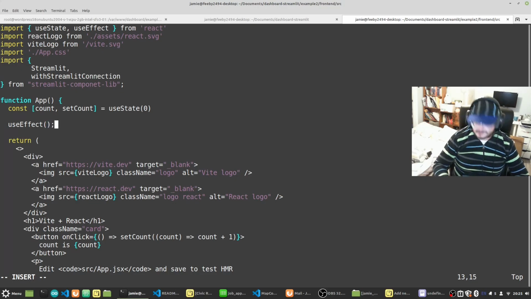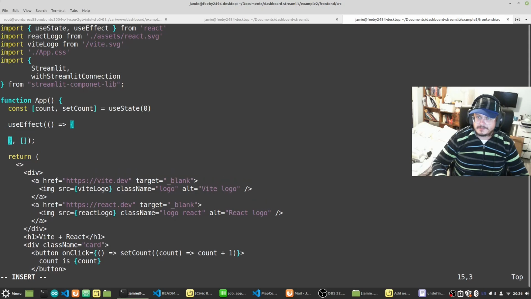I'm gonna do it like this, and then we have an arrow function inside. Gonna do this, and then don't forget that you also have that array that you pass to useEffect. So our callback is the first argument, and then this array is the second argument. Let's go ahead and put some space in there. Go inside,